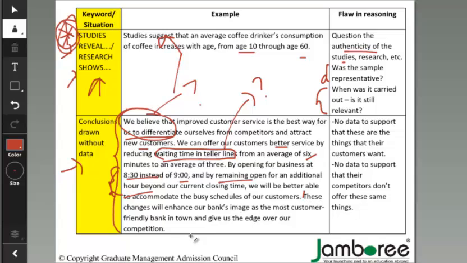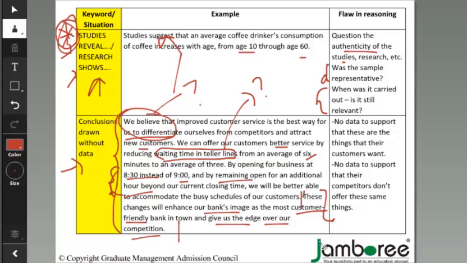Again, these changes will enhance our bank's image as the most customer friendly bank, give us the edge over our competition. In this passage, every sentence has an error in that the conclusions are not based on any data, right? So maybe their customers are going to their competition for some other reasons, like maybe a higher rate of interest on deposits, or lower rates of interest on loans. There can be other reasons why people go to the competition, not necessarily customer friendliness, right? So